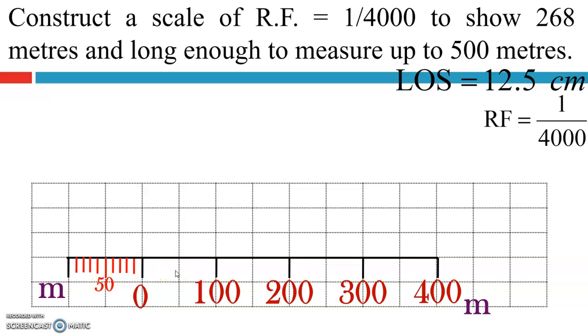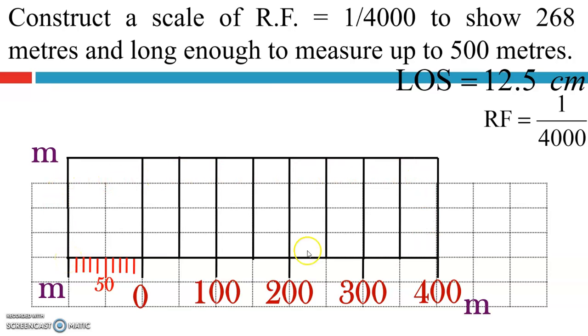So we have reached up to 10 meters. But again we have to reach up to 1 meter, because we have to show 268 meters. If we had to show only 260 meters, then we could represent it directly. That is 200 here, 60 here, 50 plus 10. So we can show 260 meter here. But here we have to represent the third dimension, that is the 8 meter also. So here we have to draw the diagonal scale. Clear? So here we have to draw the rectangle, and this dimension will also be meter.